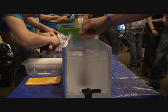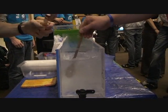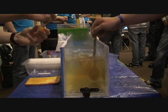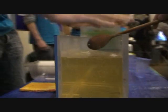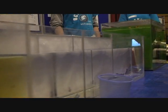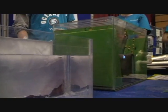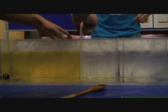I'm going to add just a little bit of food colouring as well. On this side, we've got salty yellow water, and on this side, we've got just normal tap water. And the reason we're dissolving salt into this side is that once the salt's dissolved into the water, it makes the water on this side heavier, it makes it denser than the normal fresh water on this side. So if I can get someone to pull out the lock gate for me,